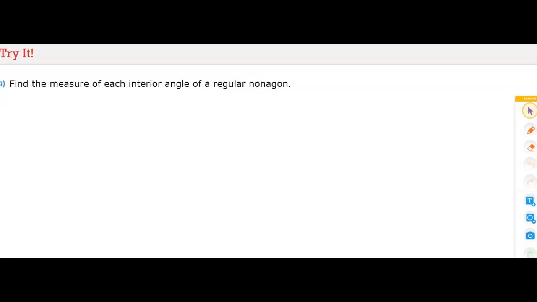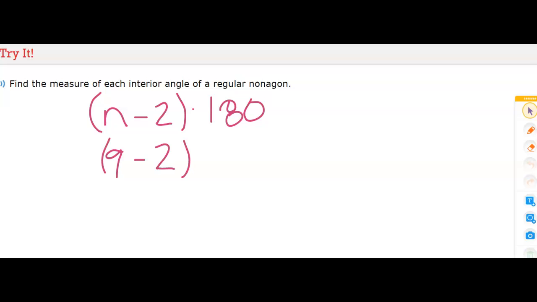We use the formula n minus 2 times 180 to find the sum of the angles. So a nonagon is 9, so 9 minus 2 times 180. That is going to be 7 times 180, and that equals